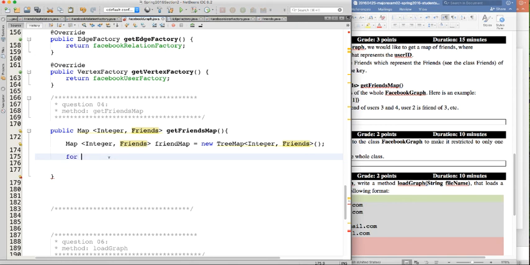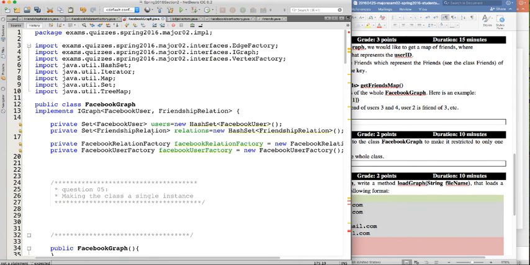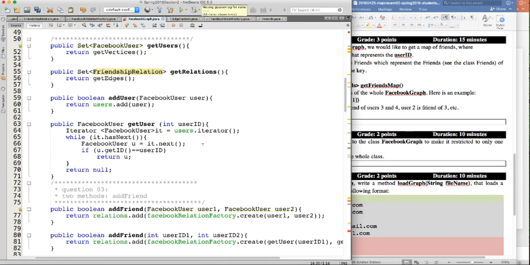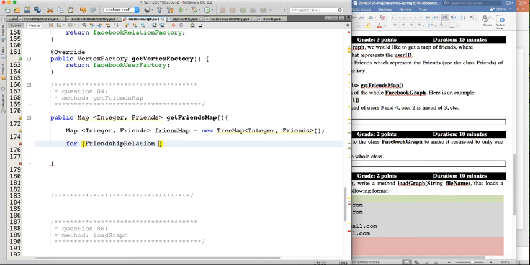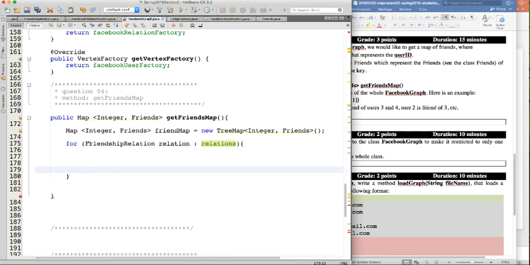Come back. Okay, so for what? For every relation, for every friendship relation, because what is relations? Relations here is a set of friendship relations. Okay, so for every friendship relation, I'm going to call it relation, inside relations. Okay, let's do it. If